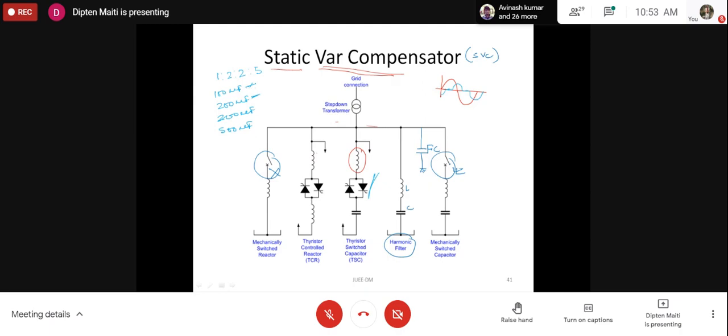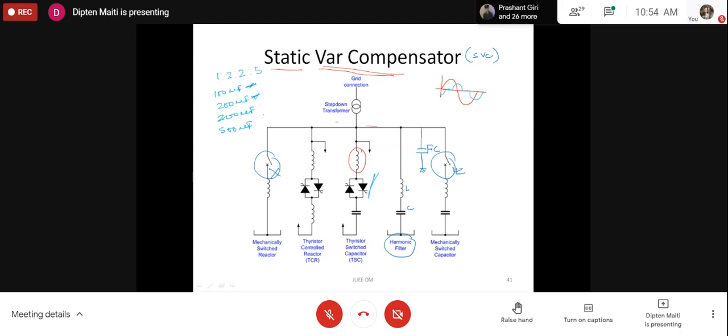So how much change is there? You have a change between the reactive power due to 100 microfarad and reactive power due to 200 microfarad. So then reactive power due to 300 microfarad, 400 microfarad, 500 microfarad, this way. Now what would happen if your load asks for the capacitor to be connected for a reactive power equivalent of 150 microfarad? Is that possible? No, this is not possible here. In that case, you need to connect capacitors of 10 microfarad, 20 microfarad, 50 microfarad, that way also. However, that is not there, so you cannot do that.